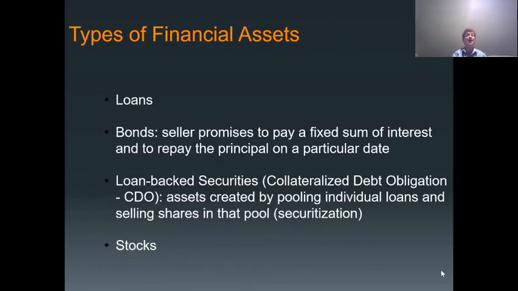Now, what are these financial assets that the financial system is selling you? First and foremost, loans. That's going to be sort of the easiest one. So a financial asset is a loan because you think of it in terms of buying the loan, not the person who has money loaned to them. It's a liability for them because they have to pay the loan back. But their whole business is set up where people can invest in other people's loans.